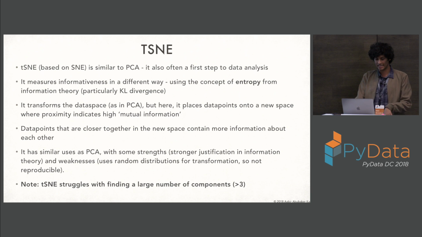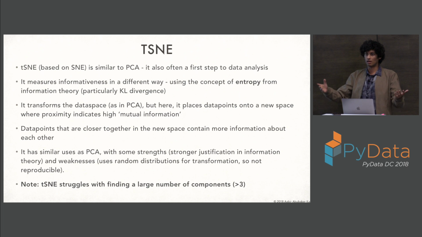So let's move now to t-SNE. t-SNE is something that I feel deserves honorable mention because it's actually a lot more intuitive and robust than PCA in a lot of ways, but it does have some limitations in how you can use it and its implementation. It's not as fast. It uses the concept of information theory to actually look at, in a high-dimensional space, this becomes easier to understand why this is important. But it looks at what points explain other points in terms of how much information they carry about each other.